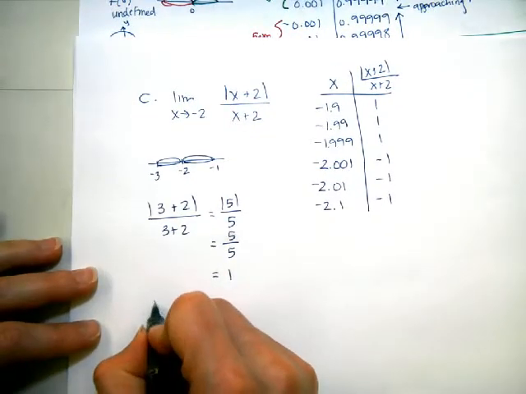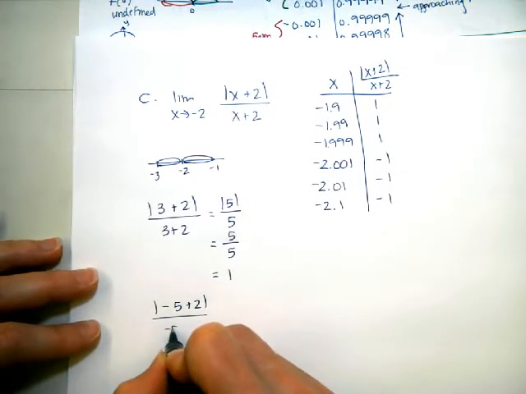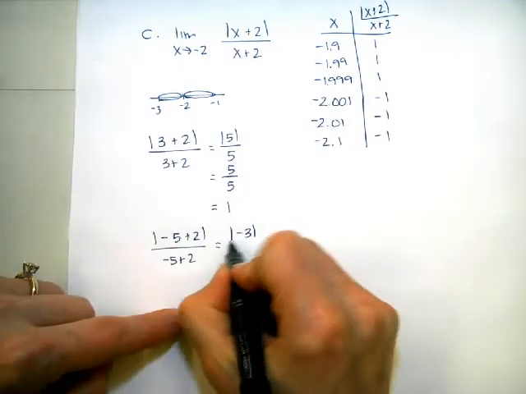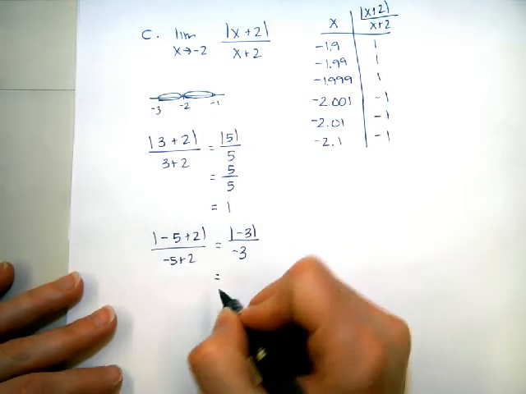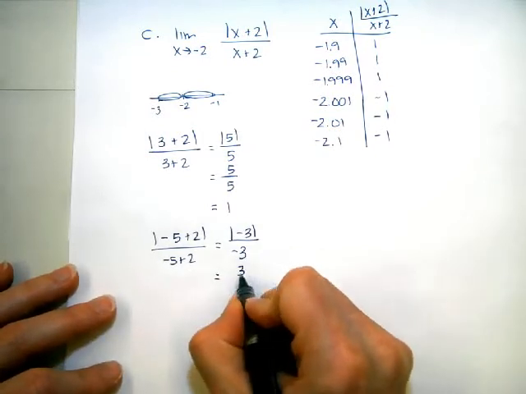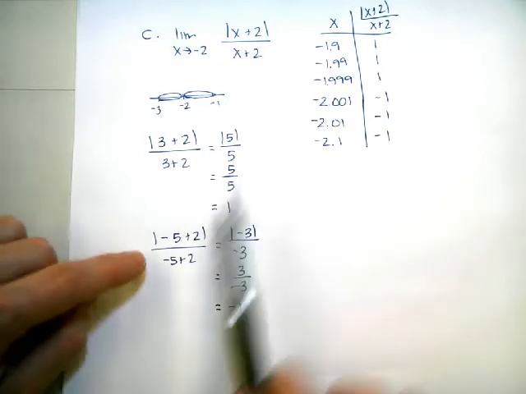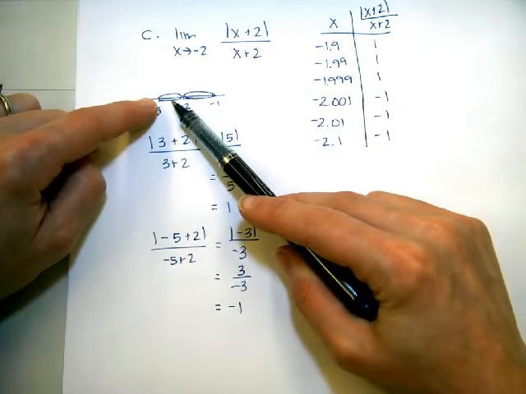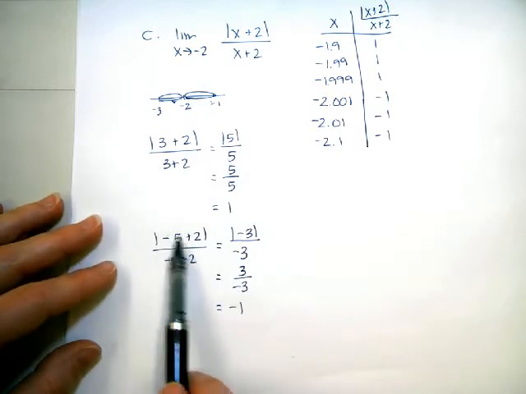Well, let's try maybe a different number, like negative 5. So I'd have absolute value negative 3 over negative 3. What's the absolute value of negative 3? Positive 3 divided by negative 3 gives me a negative 1. So basically, if the number that I pick is to the left of negative 2, I'm going to end up getting a negative 1. If I pick a number to the right of negative 2, I'm going to get a positive 1. The reason why that happens is because you see how if the number is smaller than negative 2,